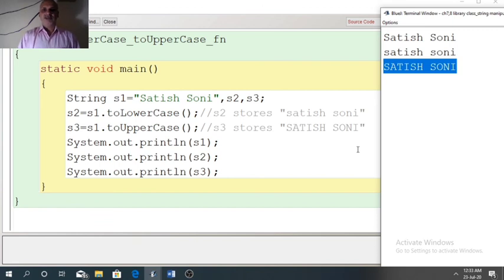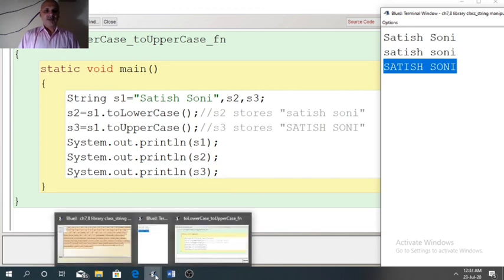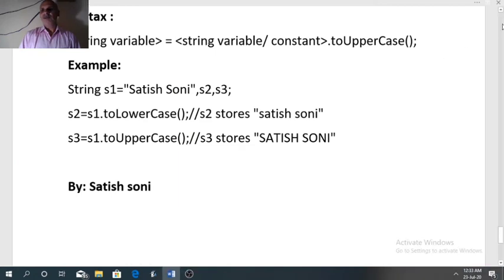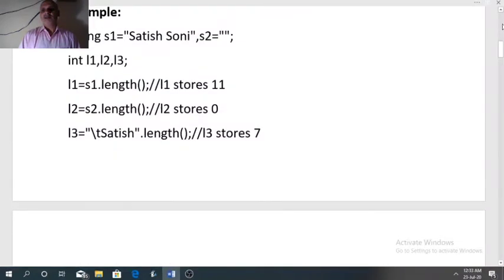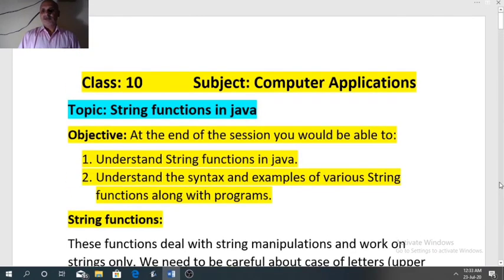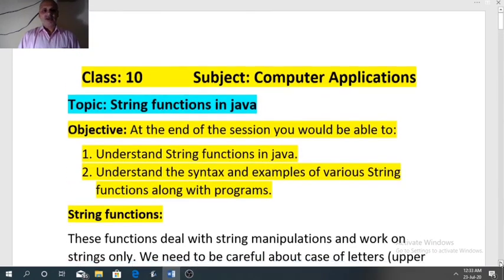So I think all these functions should be clear to you now. Let us see once more what we have studied today. We have covered 7 string functions.